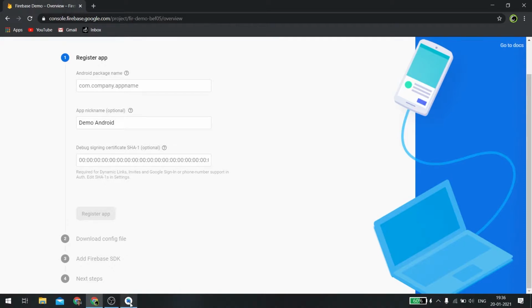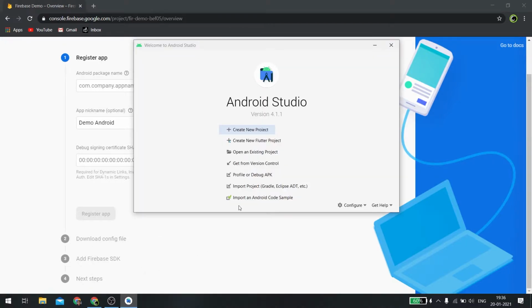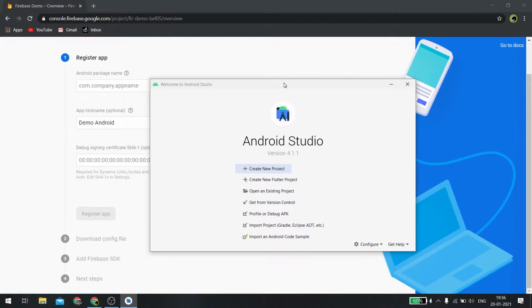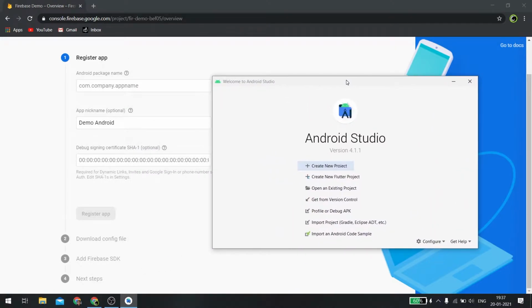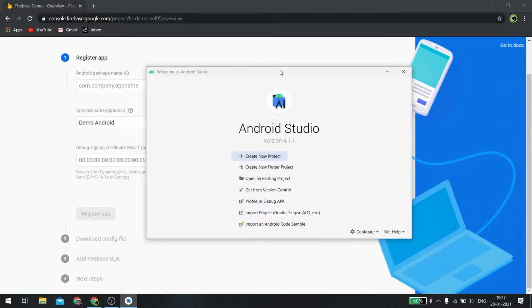First of all, we have to have an existing Android Studio project. Since I am showing how to do all this from scratch, I will also create a new project in Android Studio. If you are not familiar with Android Studio, if you do not know how to create a new project and what it is used for, then I suggest you go through the videos I post here in the description link, or you can see the banner right here. It will lead you to that video. Come back quickly after viewing that and we can continue.